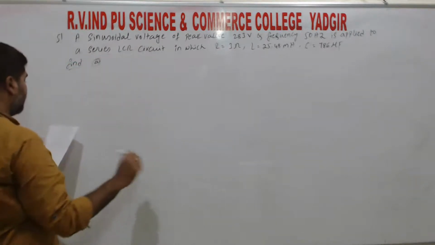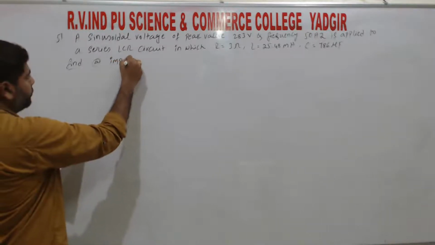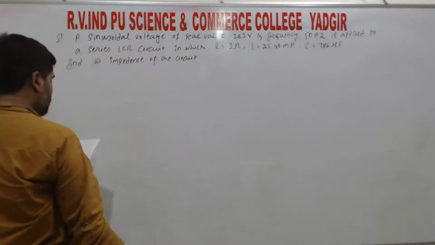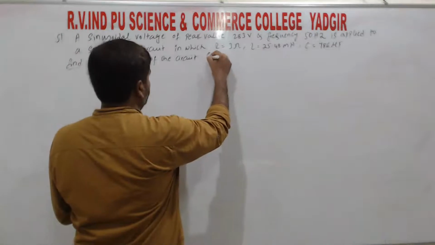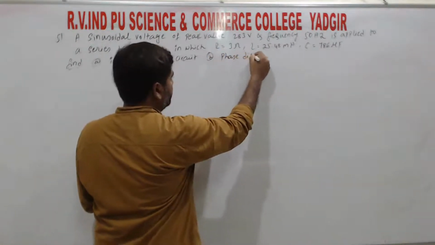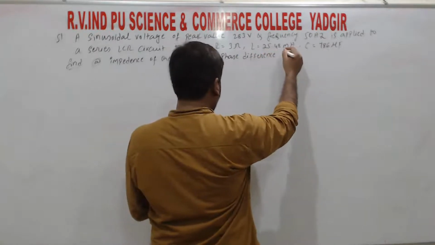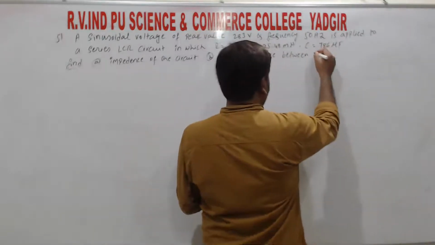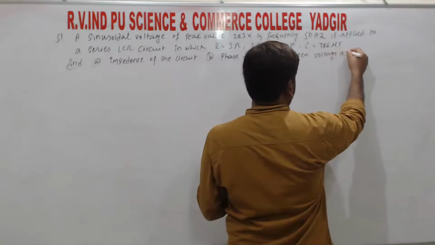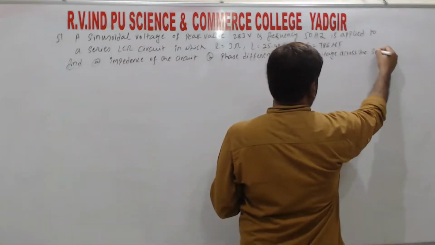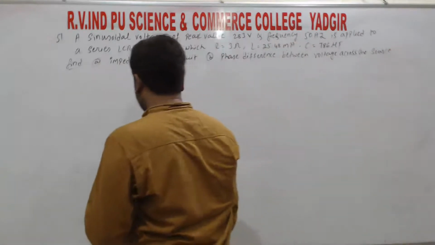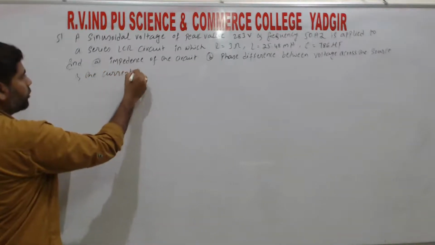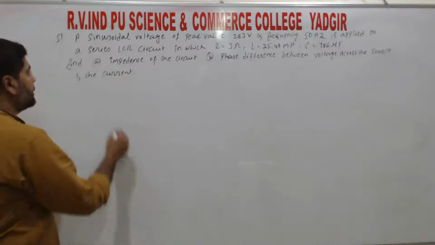first, the impedance of the circuit, and the phase difference between the voltage across the source and the current. You could have seen a similar repeated problem before, right? So here